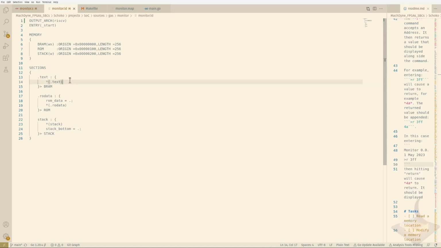But if you are dealing with multiple text files, you will need to say, hey, take all the text sections from all of your .s files and put them in this section right here. And the same thing for any other sections you have, like read-only data. Now here, I'm defining a symbol, an address, and the dot inside of the linker indicates the current location of